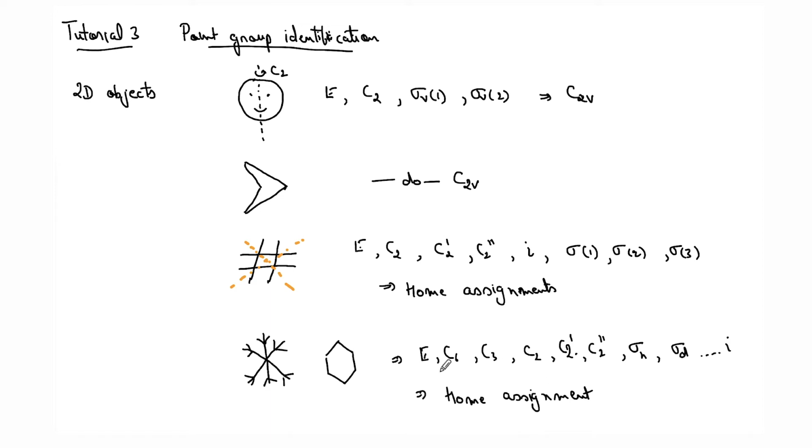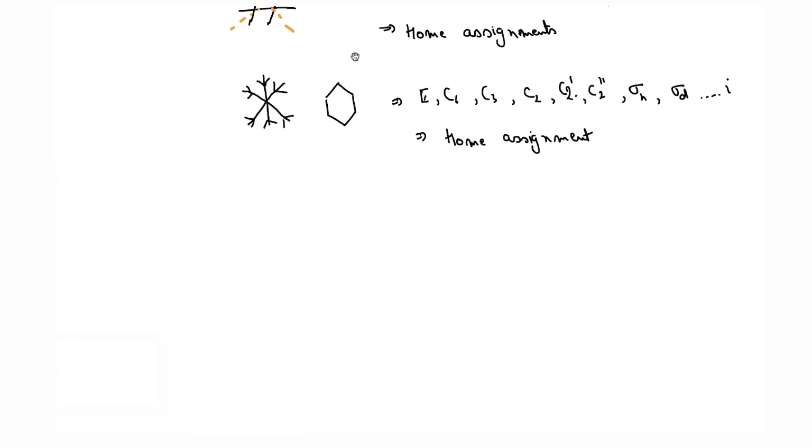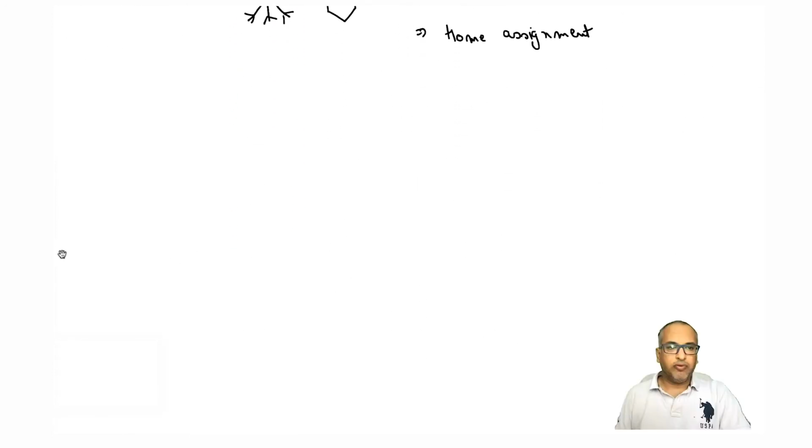Okay, so try to work it out. Similar to this, the way I have picked up a few shapes, try to look around where you're living or where you're studying, take different objects and try to find out what point group they belong to. That will give you some practice of how to identify the point group of an object or a molecule. Once you know how to find the point group of an object, the molecule will also be an easy case.